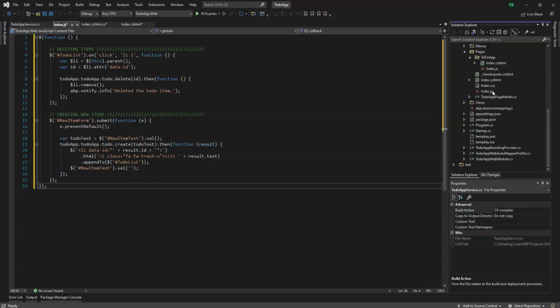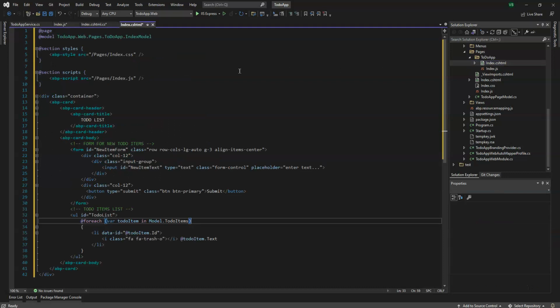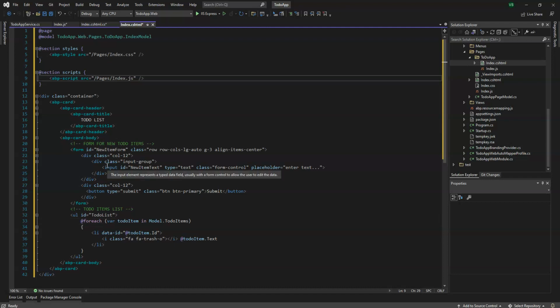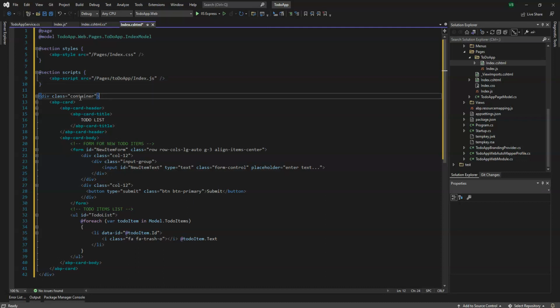So go back down here. So what we'll have is in the CSHTML, we're referring to the Pages/index file, and this actually is in the TodoApp folder. There we go. So we have it in the TodoApp folder,